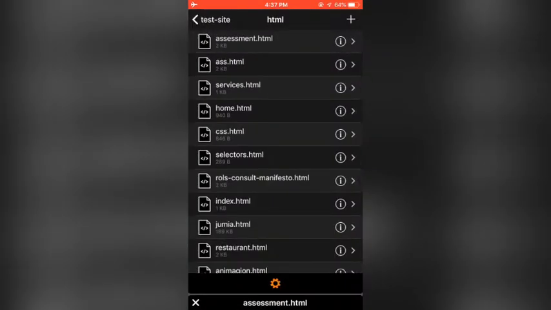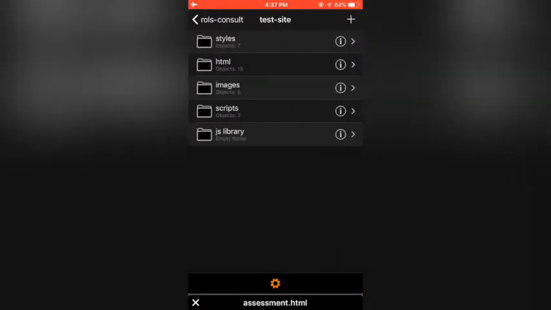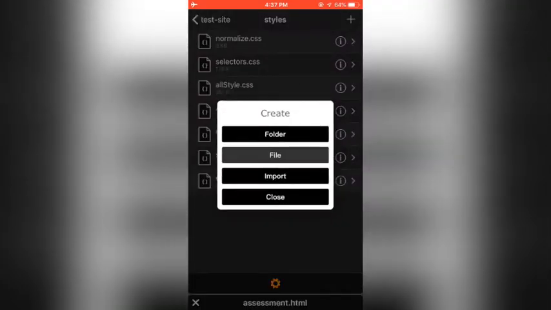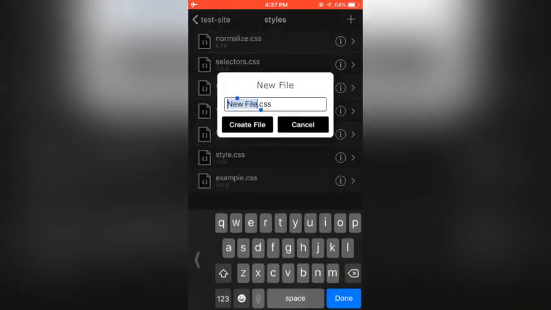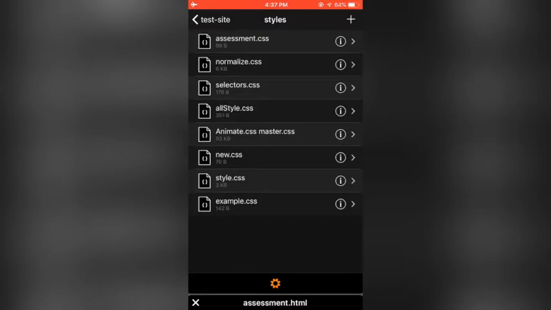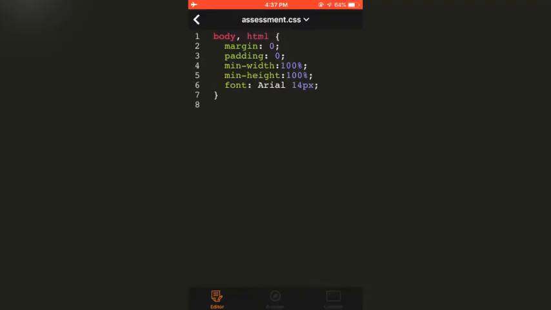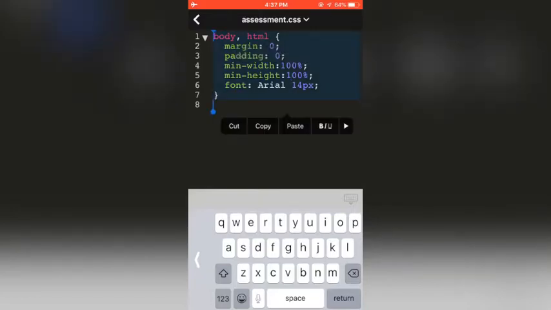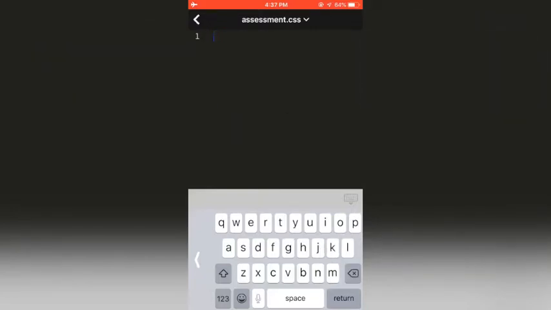to our styles folder. Then we will create a CSS file. We'll call it assessment.css. So let's create the file and let's go inside. Actually, the app that I'm using gives me a basic syntax and I don't need it here, so I've taken it off. So the first one, they give